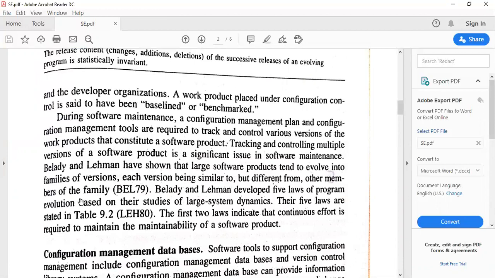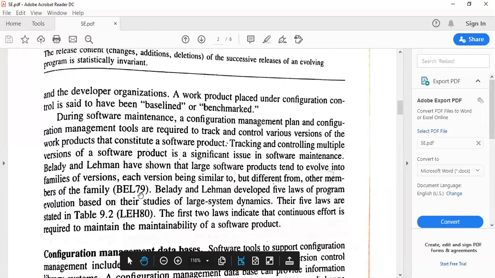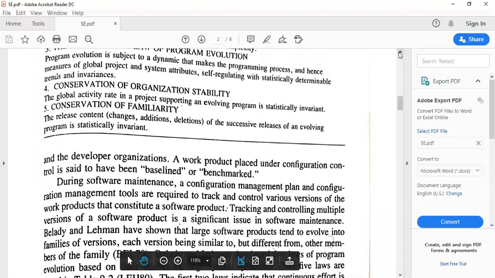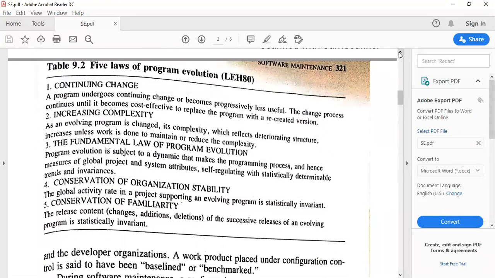So we have 5 laws based on the large system dynamics proposed by Belady and Lehman. The first 2 laws indicate the continuous effort needed to maintain the software product. So these are all the 5 laws proposed by Belady and Lehman. So what is the first law?